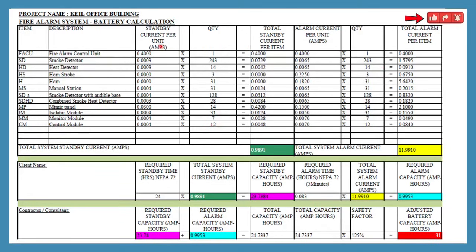So we need to consider the standby current per unit in amps. Just remember, it should be in amps if you are putting your values in this particular template. Okay, so now you need to put the standby current in amps and alarm current in amps. These details can be found in the manufacturer technical data sheets. For example, if you have a Notifier fire alarm panel and devices, you can consider the data